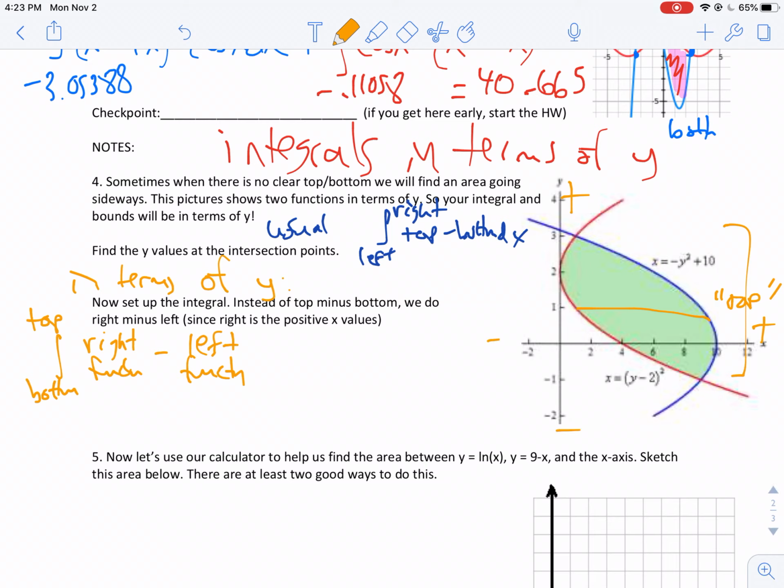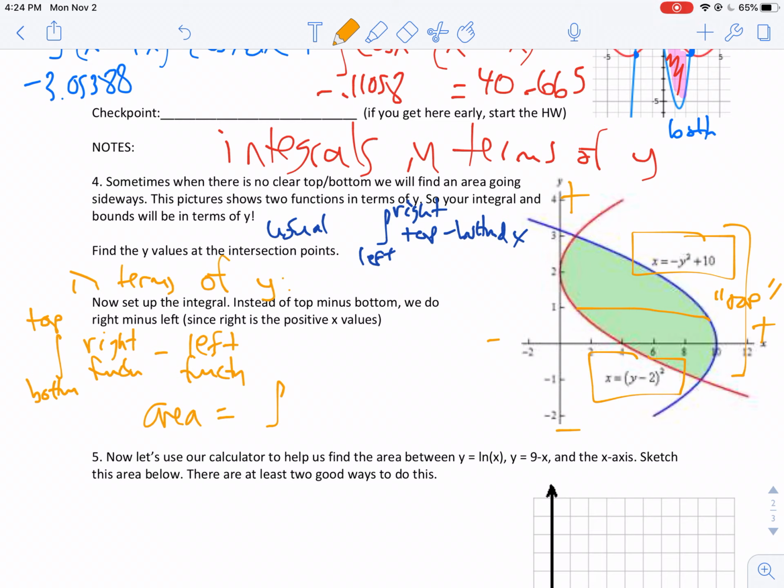So what you're doing in this case is you're just trying to find this area. Now at top minus bottom, we see it doesn't work because in part of this area, the top and the bottom are the same function. That's super confusing. And because these functions are written in terms of y, that's what's telling us that we need to do this integral in terms of y. So the way we're going to find this area and set this up is we're going to set this up as